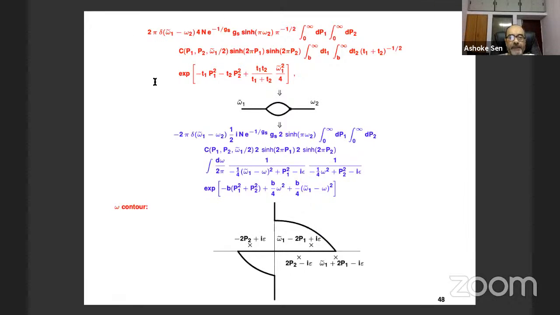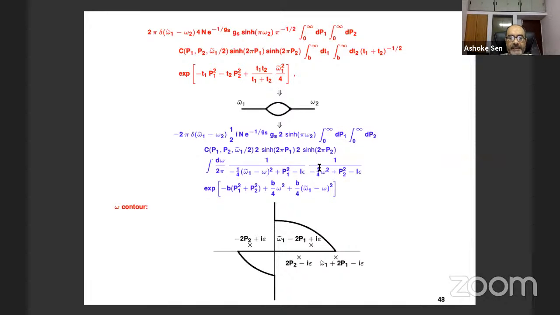Okay, so here was the expression. Now, what one finds is that one can identify this with a contribution from this particular Feynman diagram in string field theory. And this in turn in string field theory is given by an integral of this kind. This looks like a normal Feynman diagram because you have an integration over the energy, integration over the internal momenta. So this looks like a normal Feynman diagram with an i epsilon prescription.